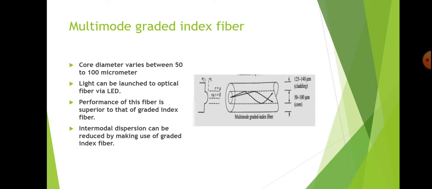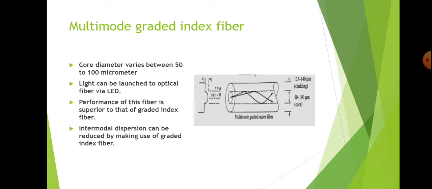So when we are using grading in the refractive index profile, the higher order mode rays, that is, they are traveling in an oblique way, and this change in the refractive index will help those oblique rays to travel faster and make up the delay caused by various modes. Okay,